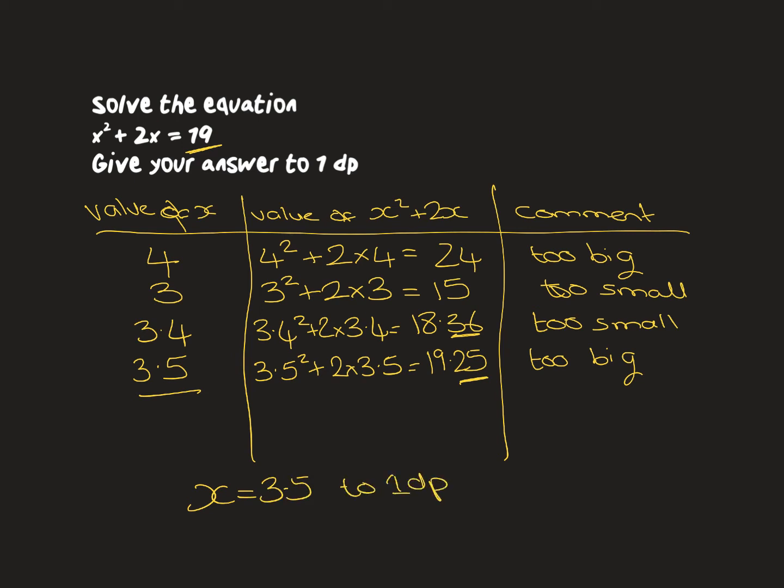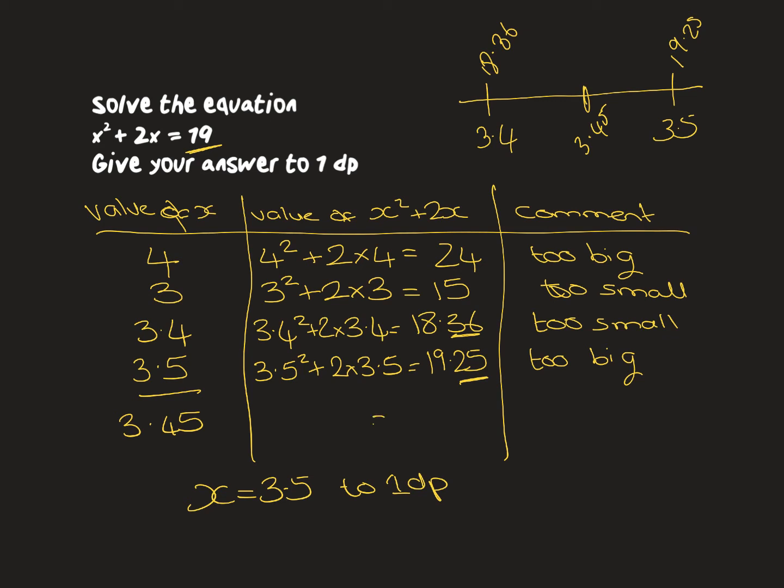Now, if you want to prove that, you can actually try 3.45. That's the number between those two. So if you imagine a number line, we have 3.4 here, 3.5 here. 3.4 is giving us an answer of 18.36, which is too small. This one's giving us an answer of 19.25. So if I try the middle one, which is 3.45, I'm going to do that in my calculator. 3.45 squared plus 2 times 3.45 equals,